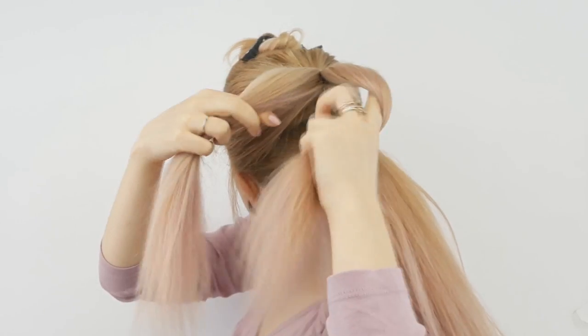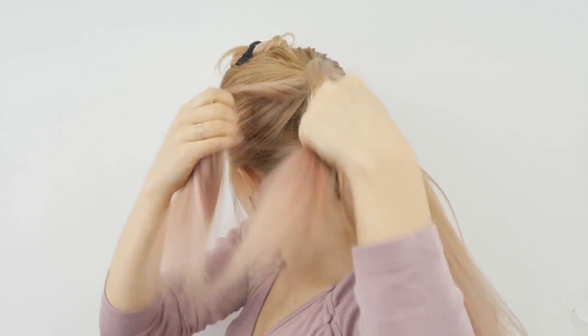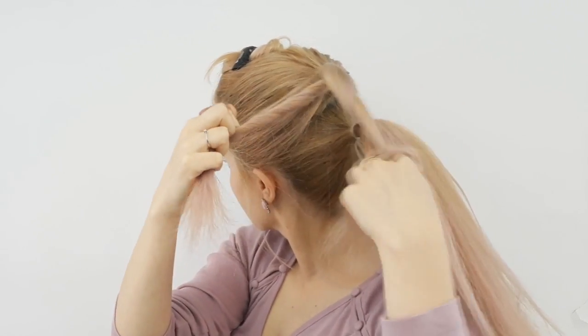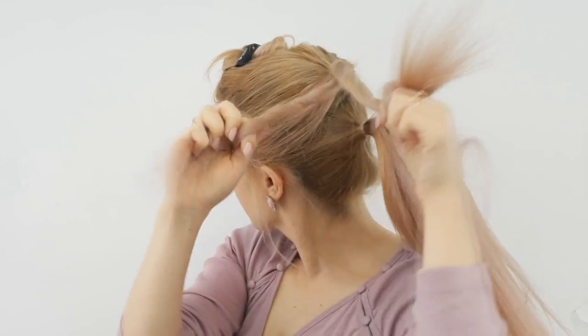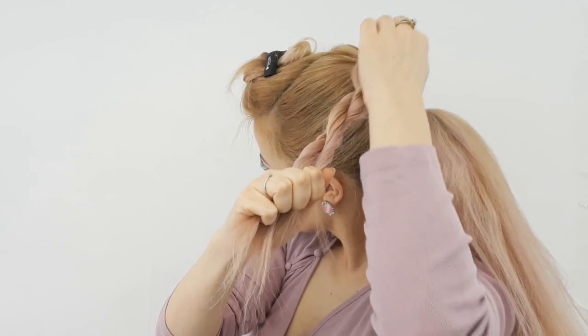We divide our ponytail into two equal sections, twist them one way and then twist them around each other opposite way. So now we want to tug on the edge of the braid to make it voluminous looking and continue until